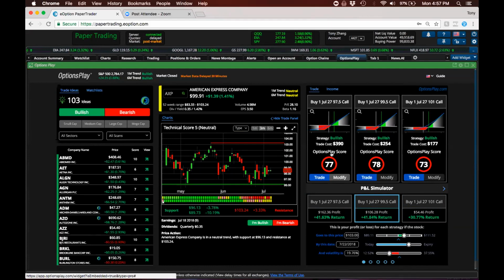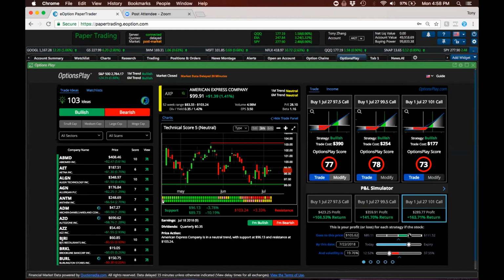So this allows you to pull different expirations, different strike prices, and actually see what your expected profit is. So here, if you had expected the stock to move up to 103, it's telling you that this strategy here in the middle, this at the money call, is going to give you the best return. Conversely, what happens if the stock really takes off? What happens if it goes to 105, 106? As you can see, this out of the money strategy gives you the highest return.